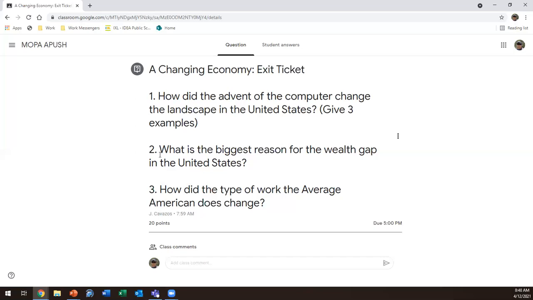So really think about it, pick it. How did the type of work the average American does change? So that's that change from manufacturing to service. I want you to explain that change. What did it change and how did it change? And that is your exit ticket for today, guys. So if there are no more questions, you are good to work on your exit ticket. I want to give you enough time